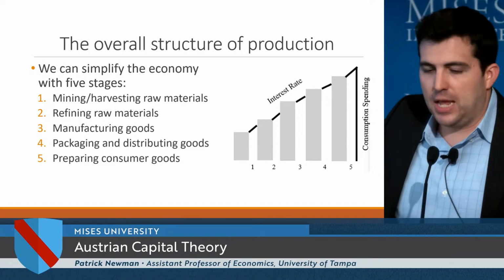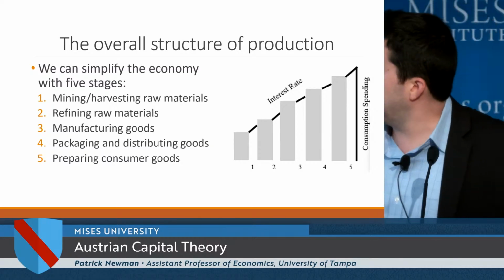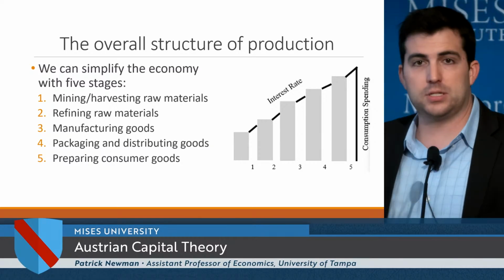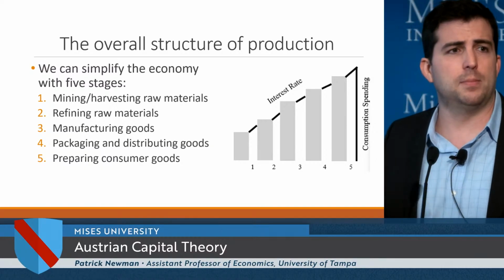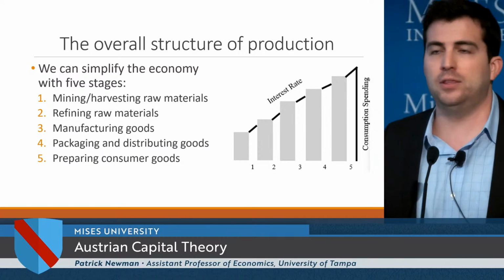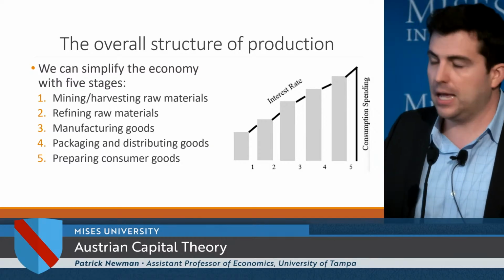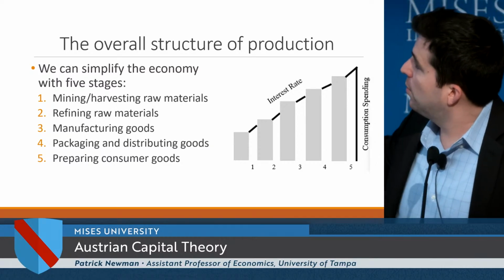So we go from the first stage to the second stage. What happens at the second stage, the refining stage? Well, that capitalist had purchased the prior made capital good. They also hire some workers and buy some natural resources, and then they're going to refine those raw materials. And then they sell it to the manufacturer, and so on and so forth.